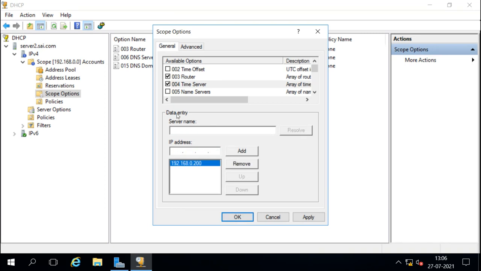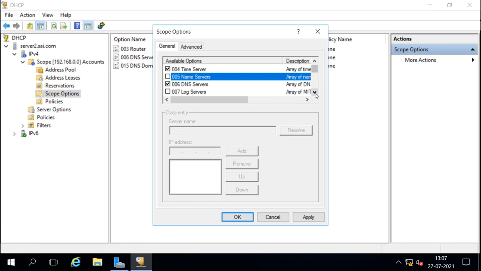Then there are more options available like name servers. Name servers are the DNS servers. Then DNS server is already there. You can add the log server, cookie server, LPR server, impress server, resource location server, host name. You can add the boot file size, merit dump, DNS domain name we have already added, swap server, root path, extension path, IP layer forwarding.